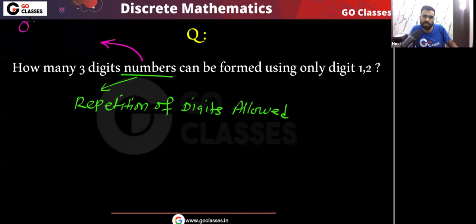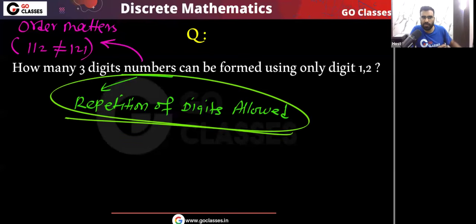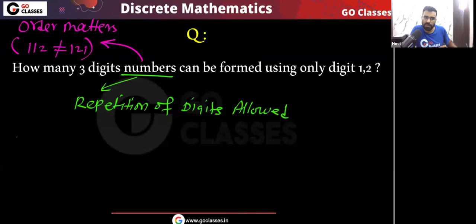Why does order matter? Because you can easily see that 112 will be different from 121. So the order matters, repetition of digits is allowed. So this is a permutation problem, permutation with repetition problem. Agree? So finally, this problem is basically a permutation with repetition problem.